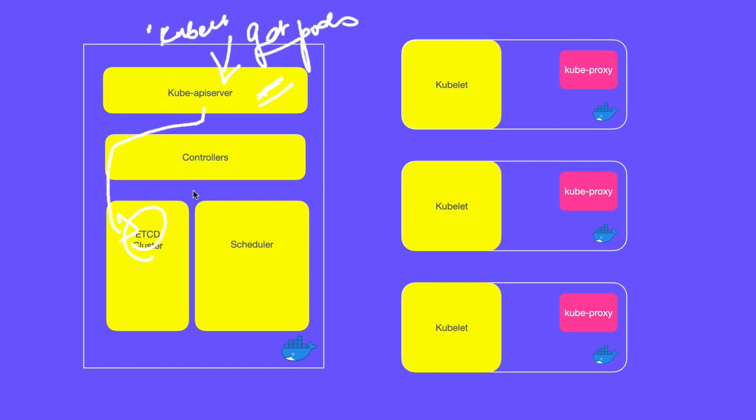Now let's take another example. We have another command, kubectl get pods. That command first goes into the Kube API server. It again went through the checklist, authenticated, validated, and then it knows that it's just a read request. So it goes directly to the etcd cluster, gets the data on all of the running pods, and reports it back to the terminal. So I hope you have a better understanding of how the architecture works.